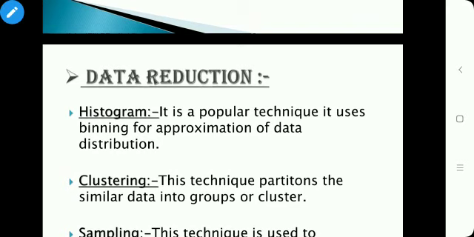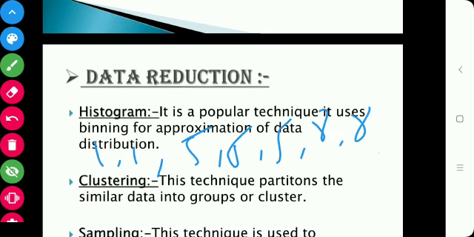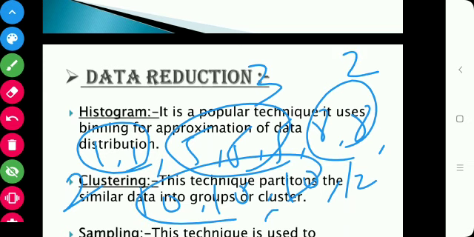In this we have to count how many times 1 is there, how many times 5 is there, how many times 8 is there. Okay, suppose we have the data as 1 1, then 5 5 5, 8 8, then 10 10 10, then 12. We have to count how many times 1 is there, 2 times, 5 is 3 times, 8 is 2 times, then 10 is 3 times. By counting this, we can construct the histogram